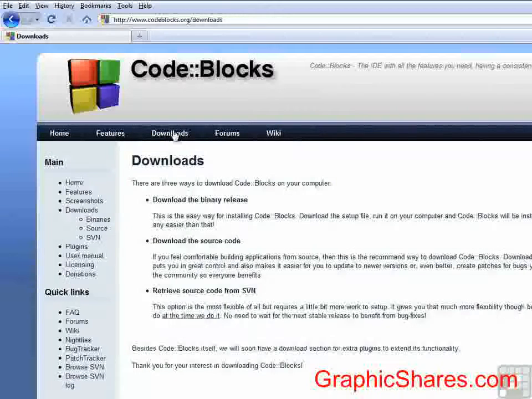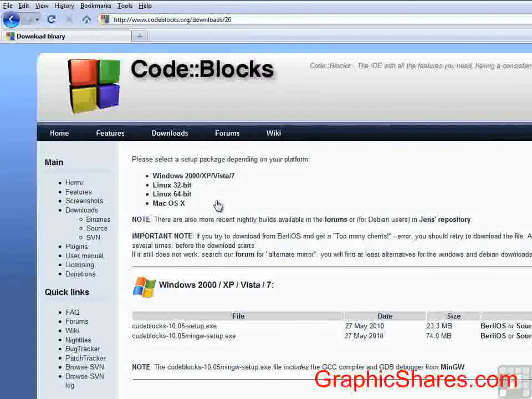There's 3 different ways to download CodeBlocks. We want to download the binary release, which will give us all the code in a setup file, so all we have to do is click to set up. So click that option now. You'll notice that there's 4 different environments we can download CodeBlocks for: Windows, Linux 32-bit, Linux 64-bit, and Mac OS X. We want to download the Windows version, so come down to the middle of the screen, look for the